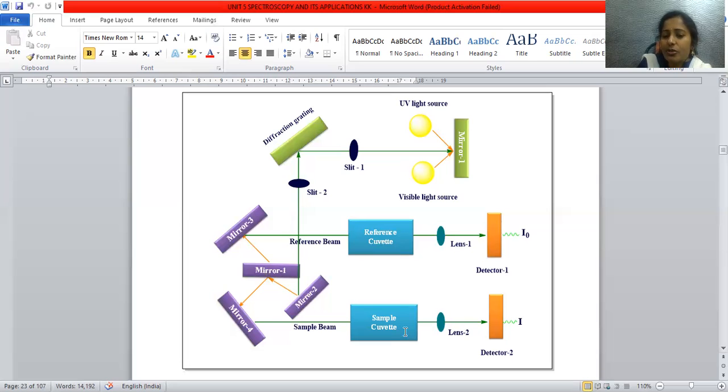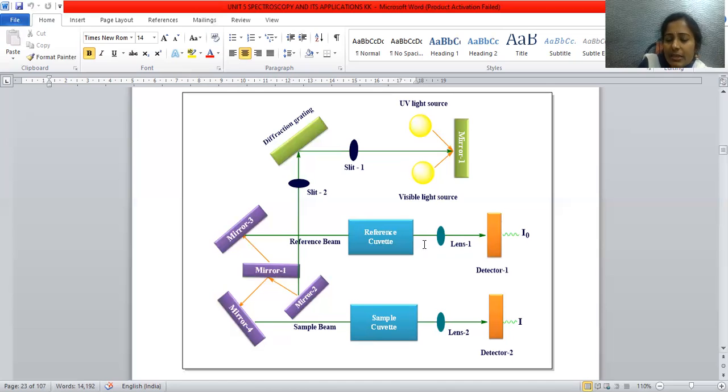The cuvette is a compartment of 1 centimeter diameter, made of quartz material. The intensities of the two beams after absorption can both be monitored.